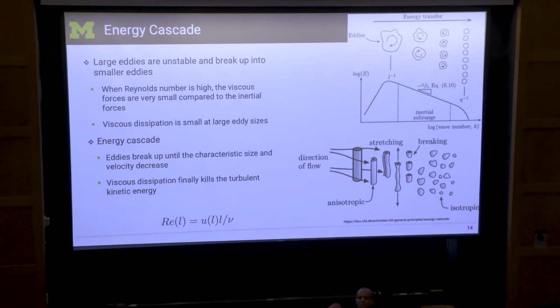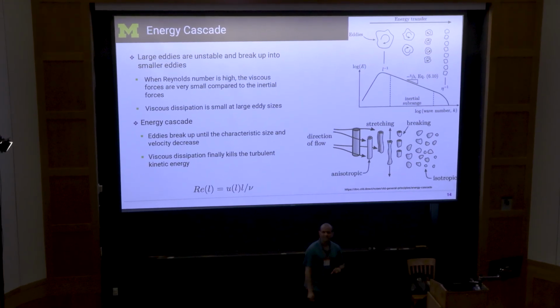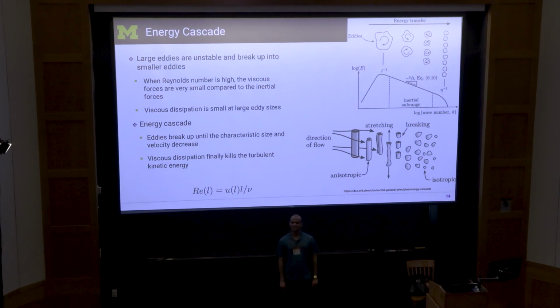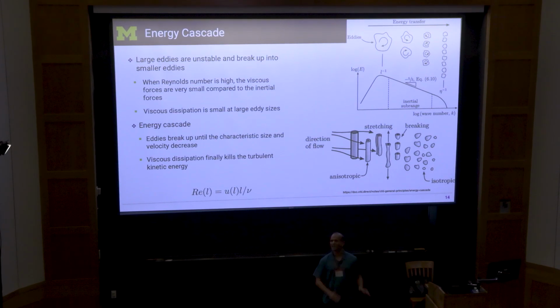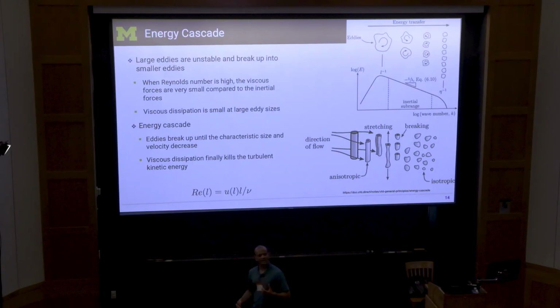And if it keeps pinching off more and more and more, at some point, these eddies look what is called isotropic. And this is the biggest change or the biggest concept to learn from this. The notion that you can take any flow for that matter, the hurricane, gas turbine engine, internal combustion engine, scramjet, it doesn't matter. At some level, they all have the features of that system. So if you flow in a pipe, that flow is going to conform to the pipe. So the eddies initially are going to look like something like the pipe, right? But as it breaks down, these eddies lose that memory of what structure they come from, what flow they came from. And they all look the same.